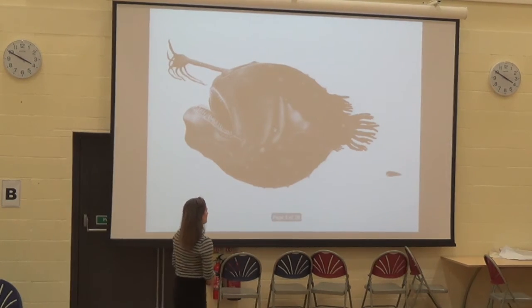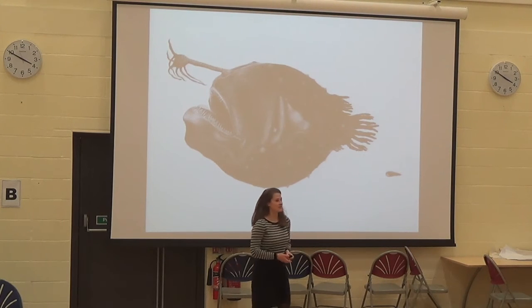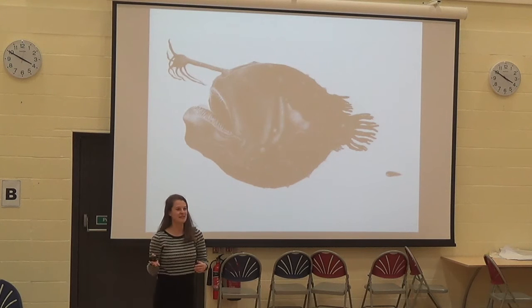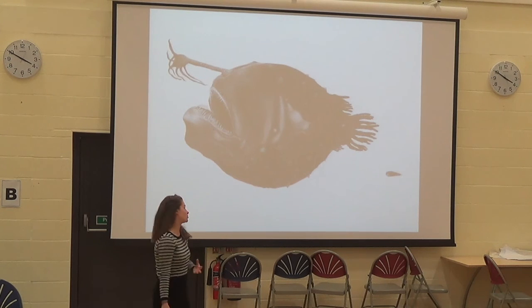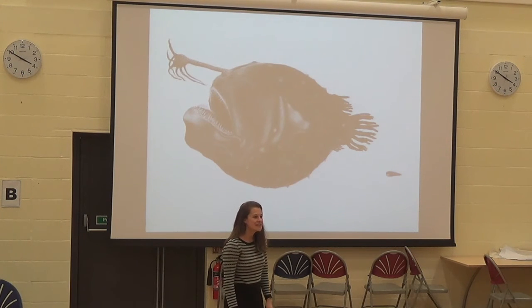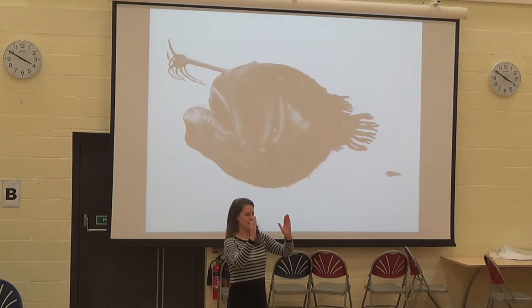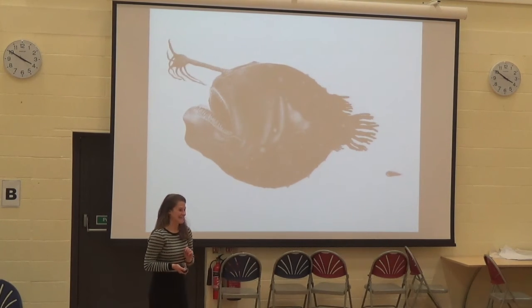So this little guy here is the male anglerfish. And this is why I love this as an example of sex differences, because they're really extreme. So not only is there obviously these huge differences in size, yes? How big are we looking on the real scale? Yes. So the females are about this big, and they're tiny. Yeah, teeny tiny. Yeah. So you get this huge difference in body size, but they also have really different behaviours.